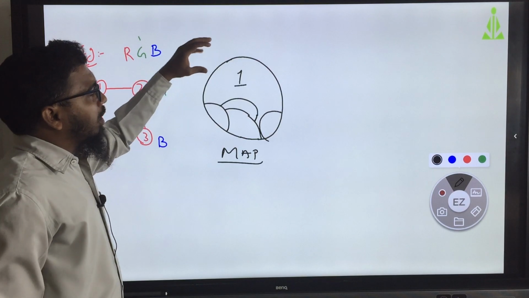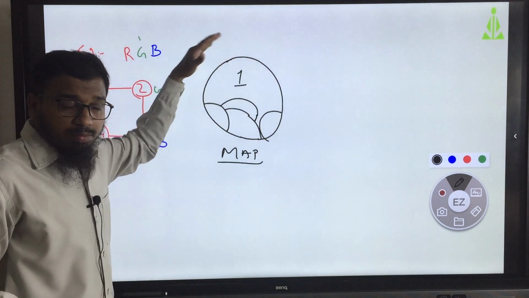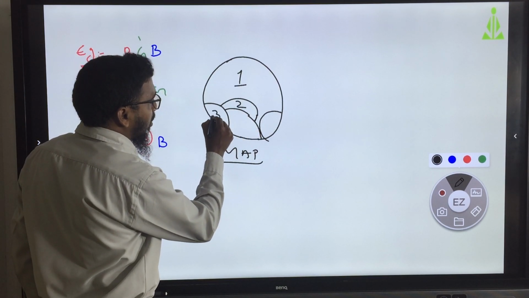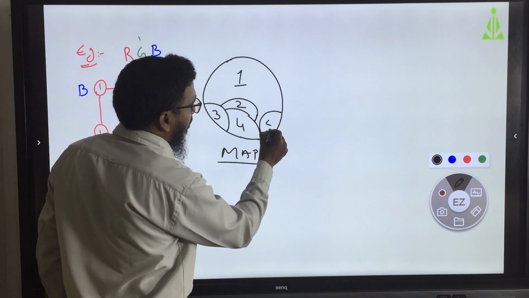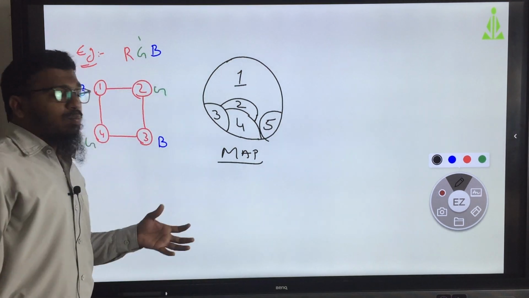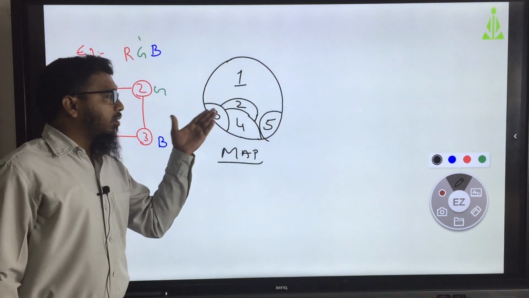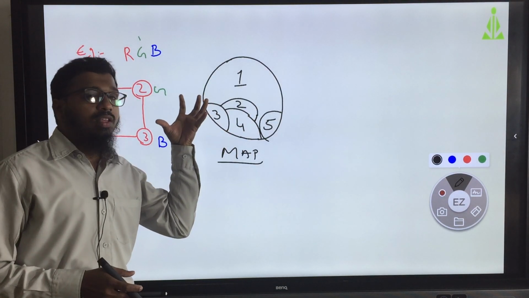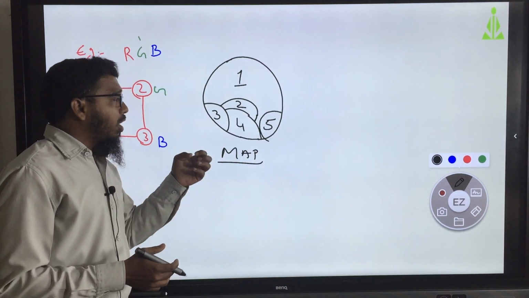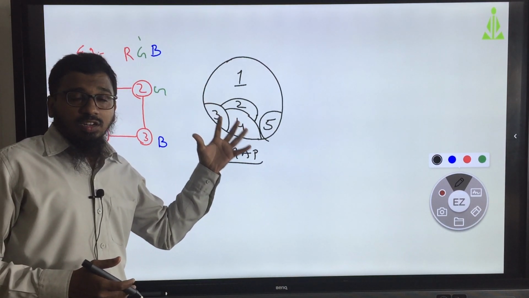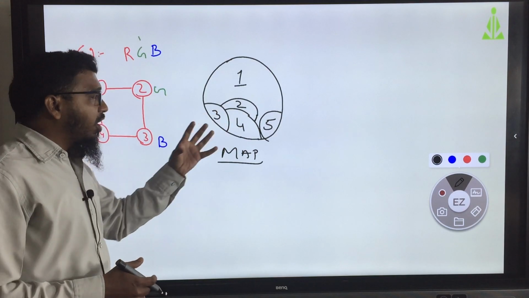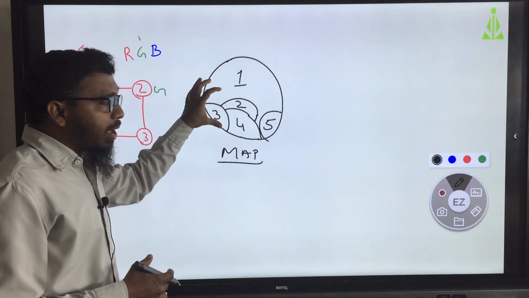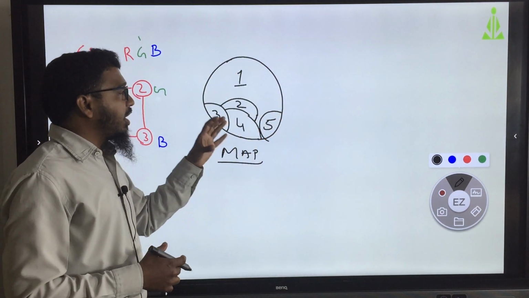I am considering this one state, this the second, this the third, this the fourth, and this the fifth. If I give the same color, it will be difficult for me to identify the map. So, how do we change this real-time problem into a graph in our subject? This map, I am going to draw as a tree.